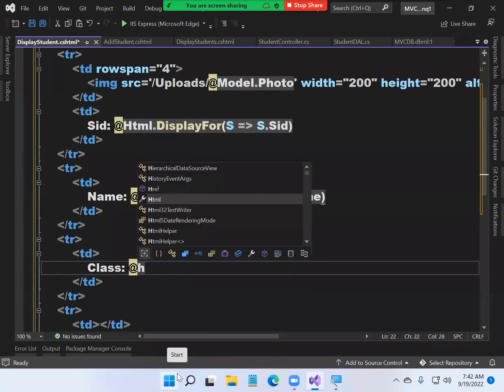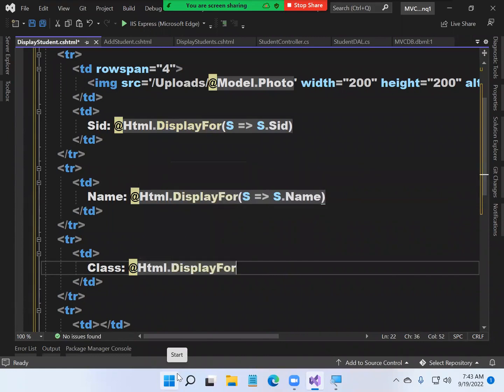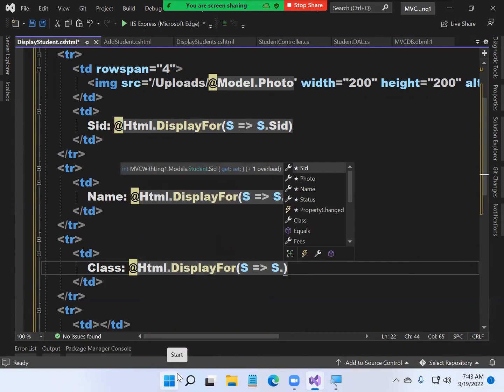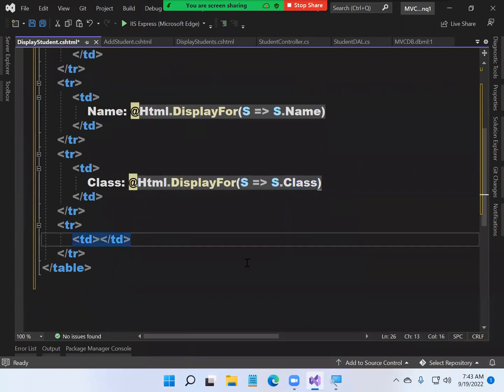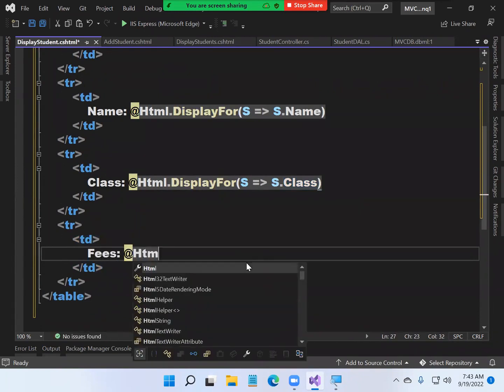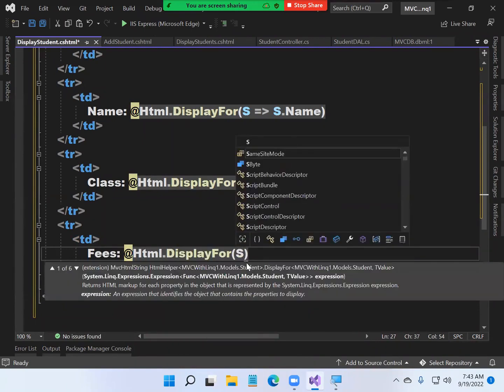At the rate HTML dot display for, yes dot class. Again, fees. At the rate HTML dot display for, yes